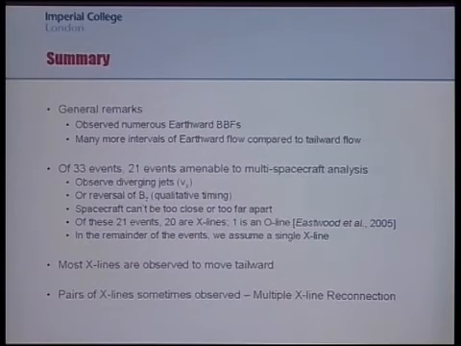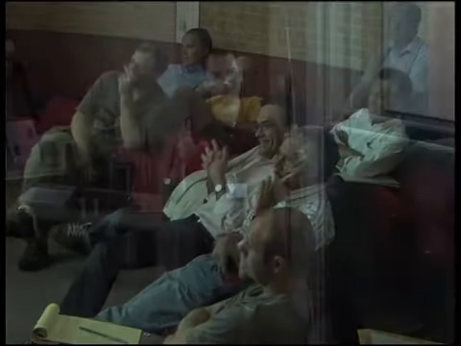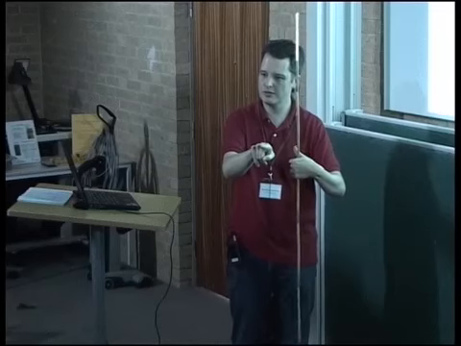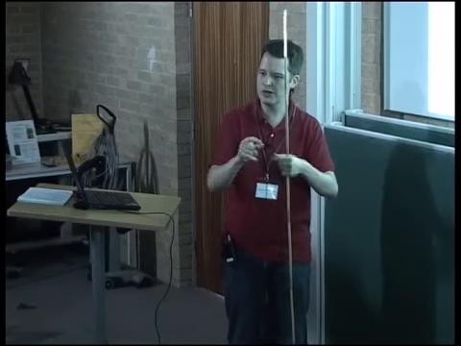How do you figure out that it's an X-line? What's the procedure? You look at the data. But what does it tell? What is it that you measure? It's actually not terribly complicated because you are in the paradigm of seeing an earthward flow changing to a tailward flow. And so at the simplest level, you have multiple spacecraft and you know where they are. And if the one that's earthward sees the earthward